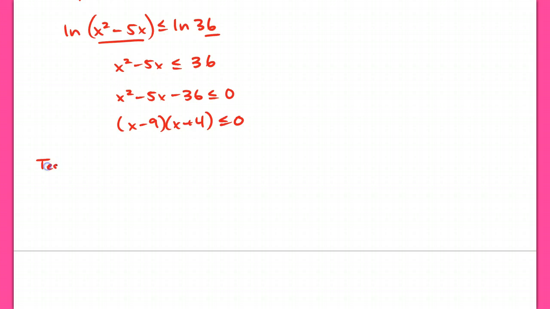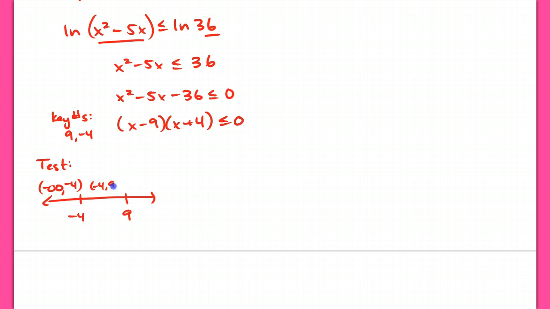So you're going to test on a number line. Our key numbers are -4 and +9. Okay, and I'm going to test from -infinity up to -4, from -4 to 9, and from 9 to infinity. So I choose any number that falls in there, and if I test a number, let's say I choose -5 here. If I plug in -5, I have a negative times another negative, which gives me a positive,